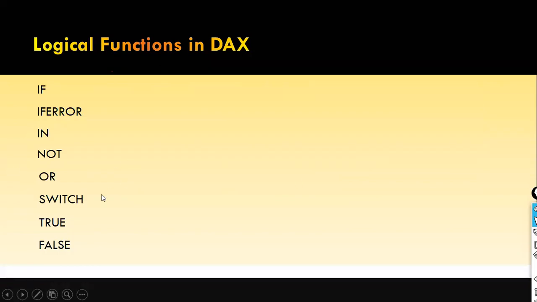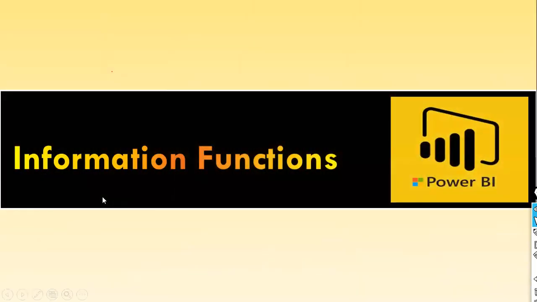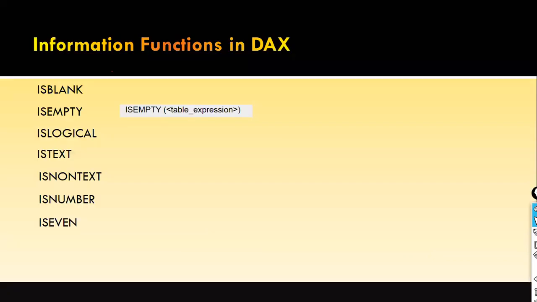Okay, SWITCH is a very important function, very useful function also. You'll be using it more frequently in real-world scenarios. Okay, and the next one is the information functions. You have something called ISBLANK, ISEMPTY, ISLOGICAL, ISTEXT. These functions will return TRUE if you have any blank values in your column, or if you have any empty values in your column. ISLOGICAL returns TRUE if you have any true or false value in a column. Okay, if it is a text column,